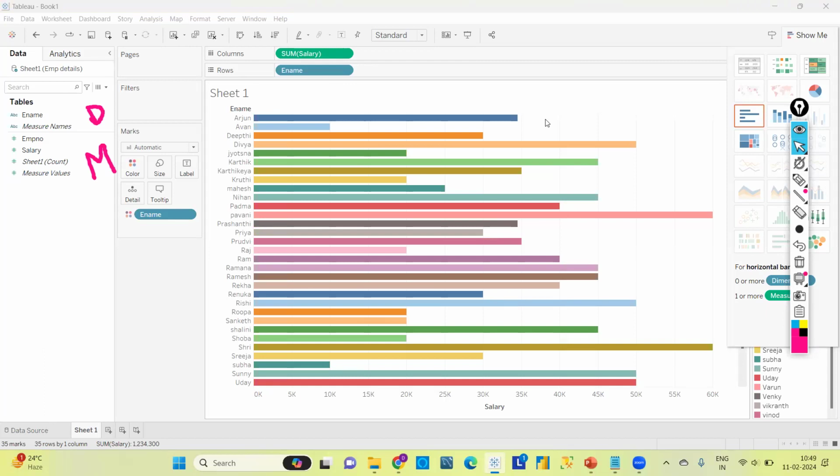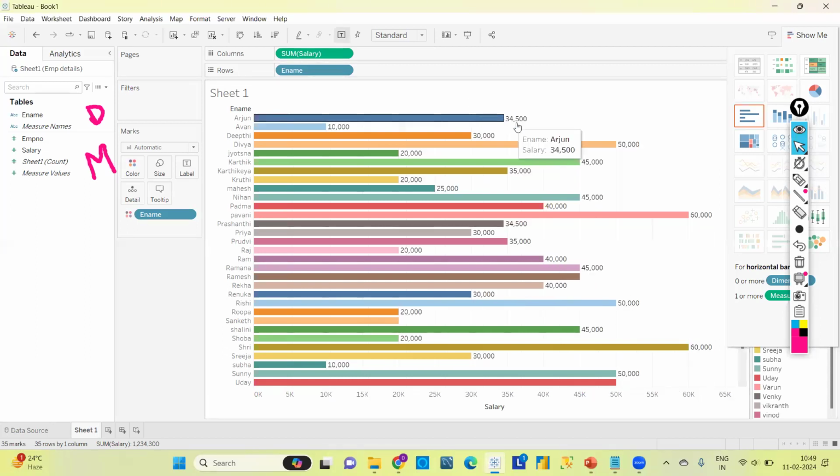Now if we want to display the salary beside the bar, we can see the Label option here, right? Can you see it at the top, in the menu bar? You can find the Label option. If we click on it, simply beside the graph, we are able to see the salaries, correct? This is now very clear, right? We can understand simply by saying, okay, this is the employee name and this is the salary, right? And if we want to